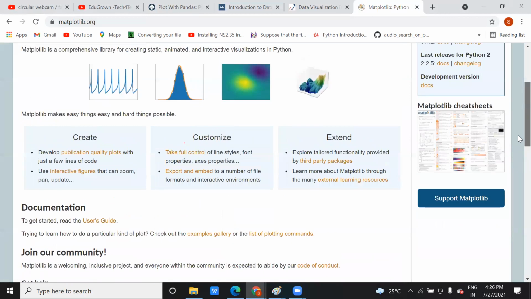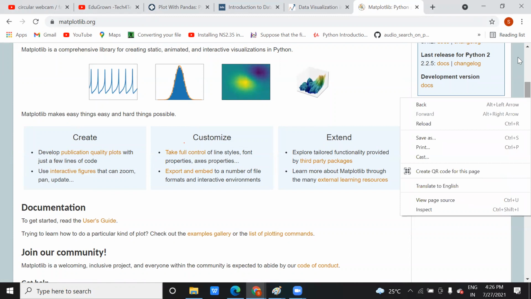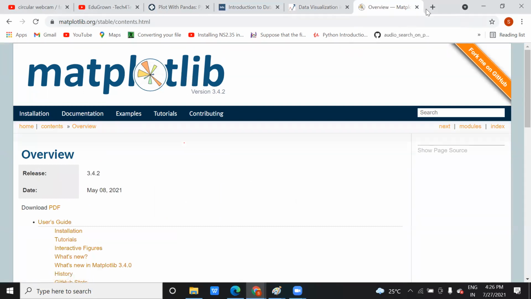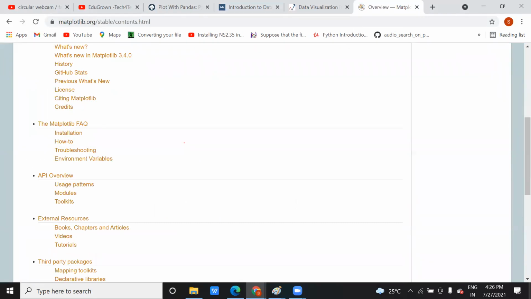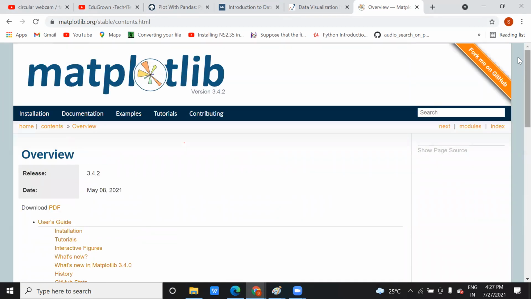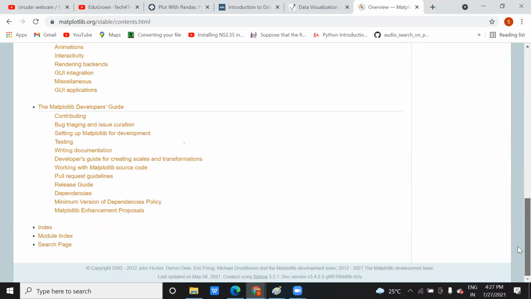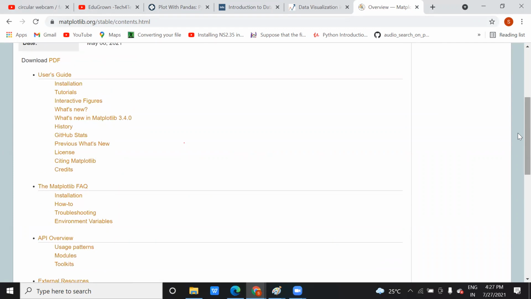Sorry, which one? NumPy and pandas. Why is it not available on python.org? It's not available on python.org. It is available separately. I've already sent you the numpy.org and pandas.org links. It has all the other functions and modules, but it talks about many other things, not about the Python library. It's a library, it doesn't come under Python. It's a package that you have to install separately to work with.